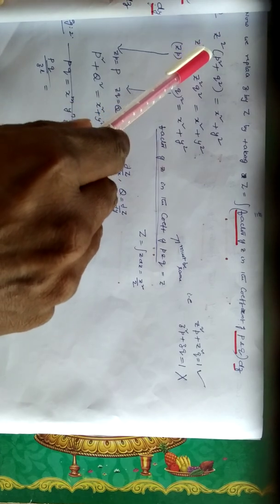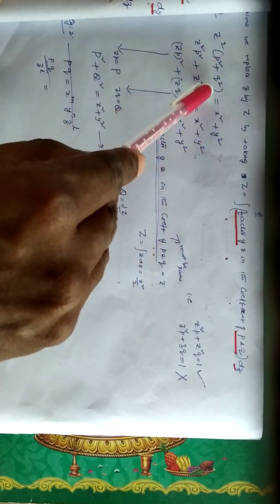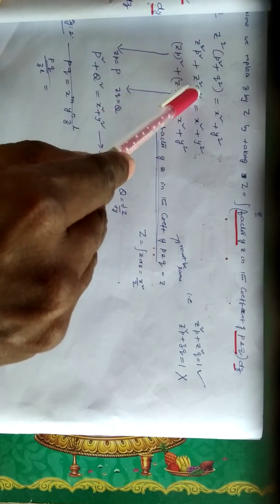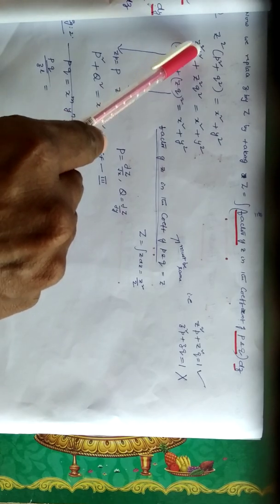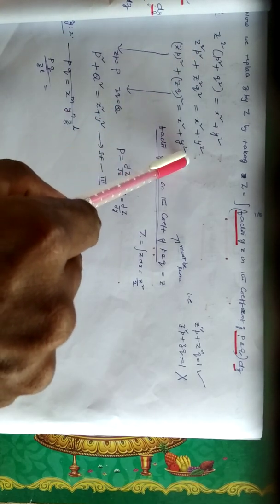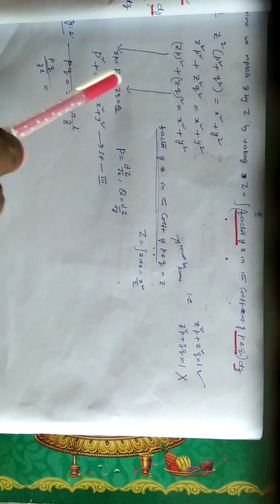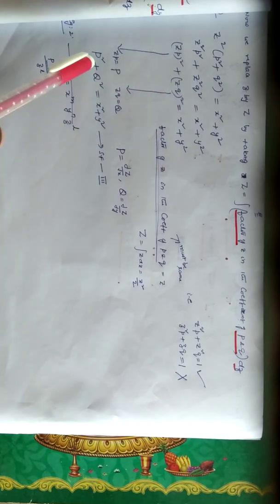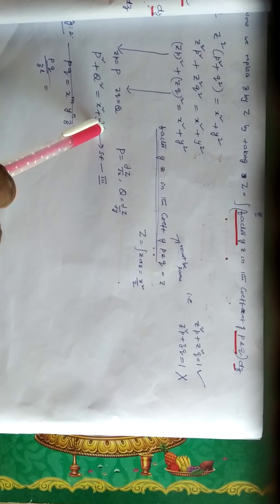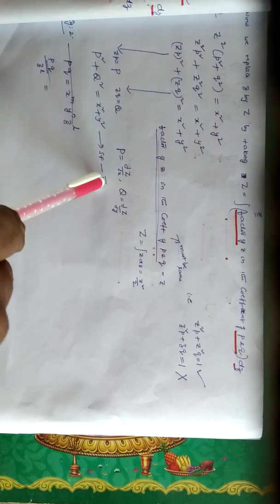Consider this example, z square into p square plus q square equal to x square plus y square. You multiply by z square: z square p square plus z square q square equal to x square plus y square. We write it as some power of p, that means zp whole square plus zq whole square equal to x square plus y square. If we replace z into small p by capital P, z into small q by capital Q, then the given PDE becomes P square plus Q square equal to x square plus y square. This is the PDE which contains P, Q and x, y, does not contain z, hence it belongs to standard form 3.